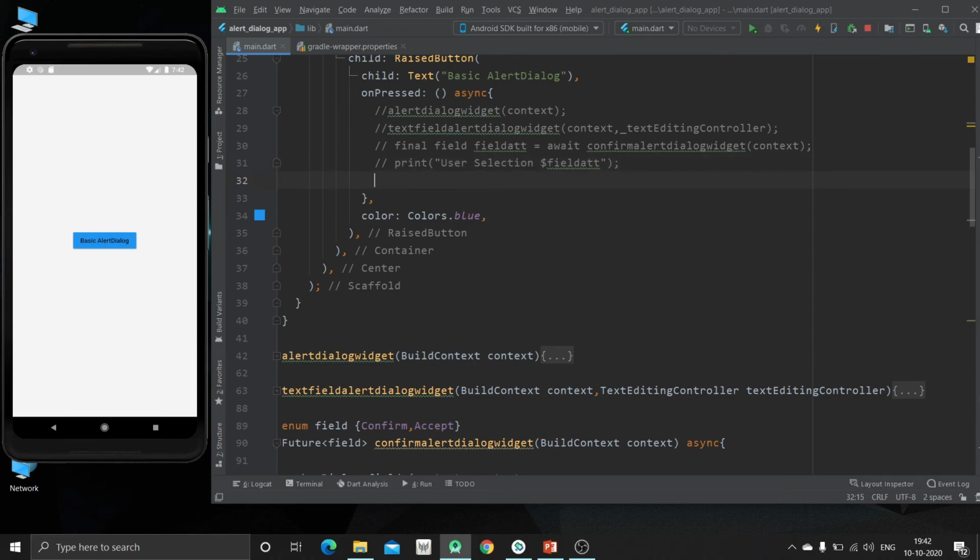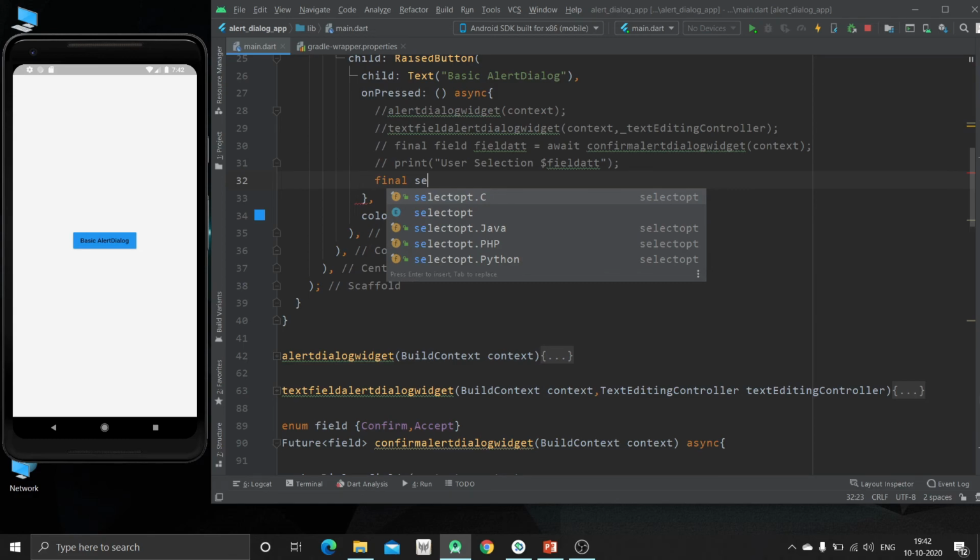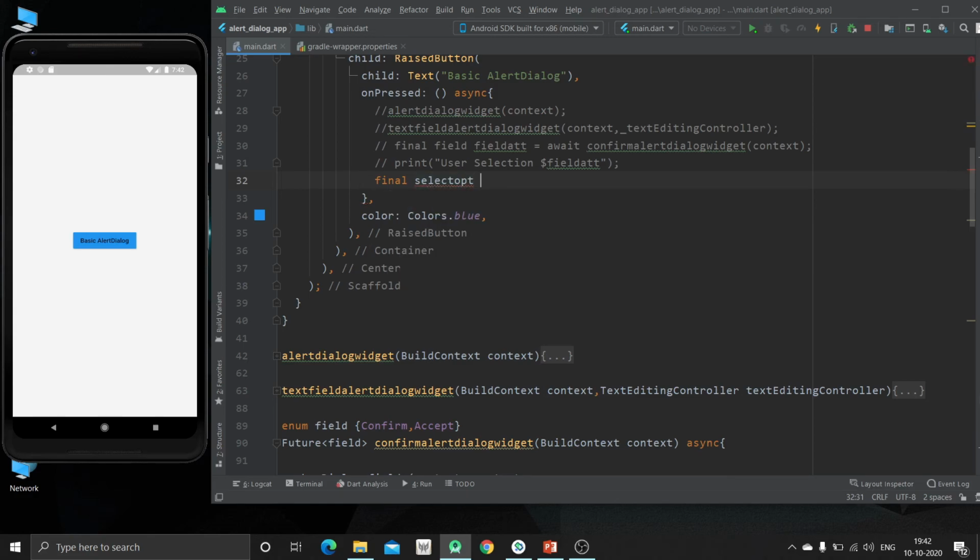Now again we are going to create one object of the select option. Now we are again going to wait for the data that is to be selected by the user.